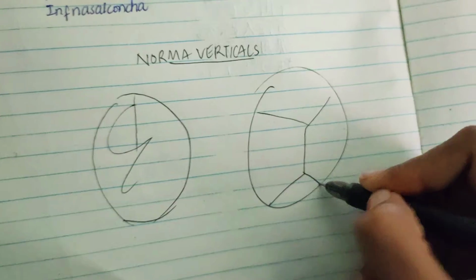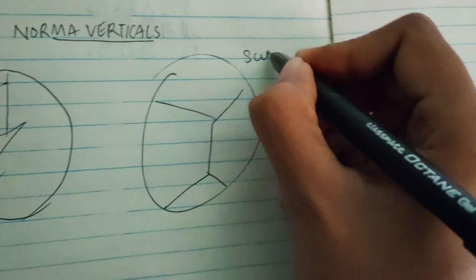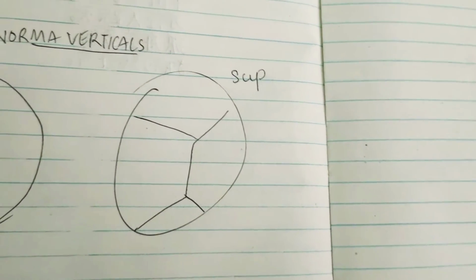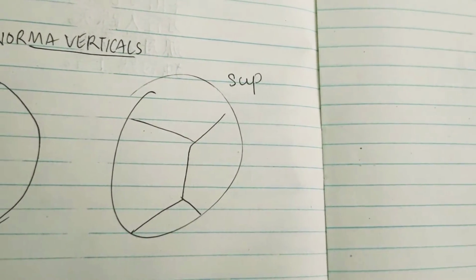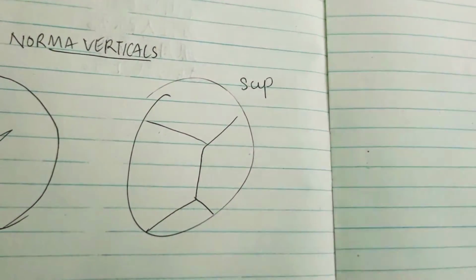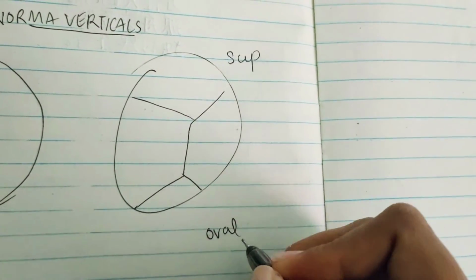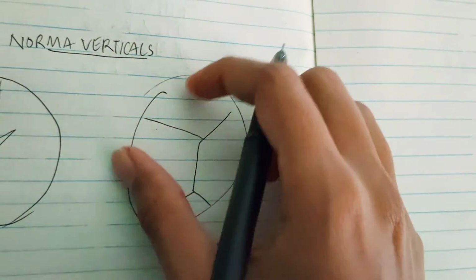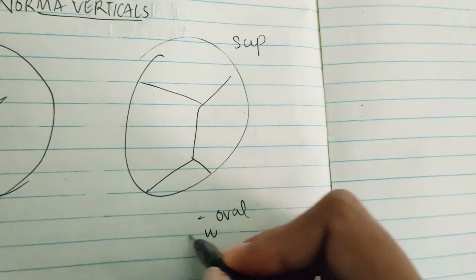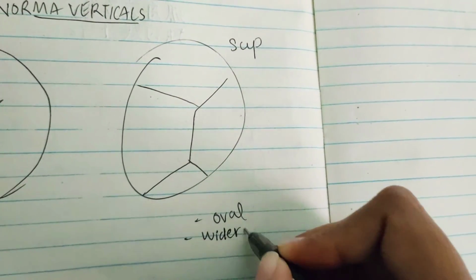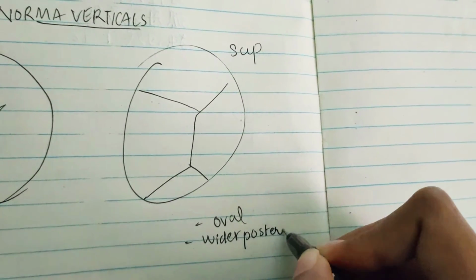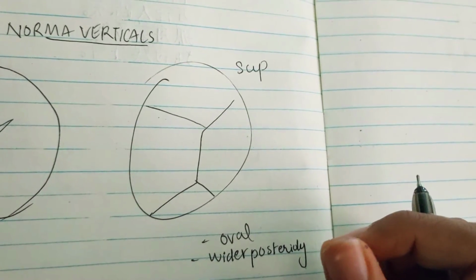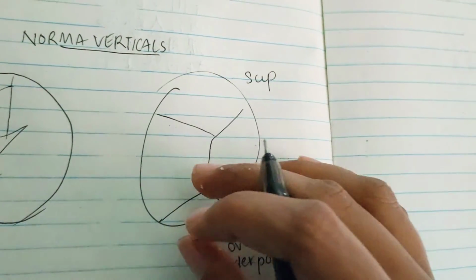Okay, so this is how the skull looks from the superior view. So mainly the shape, if you see, it is viewed from above. The skull is usually oval, right? It is looking like an oval shape. But if you see, it is somewhat wider posteriorly when compared to anteriorly. So these are the points you need to know. It is wider posteriorly,